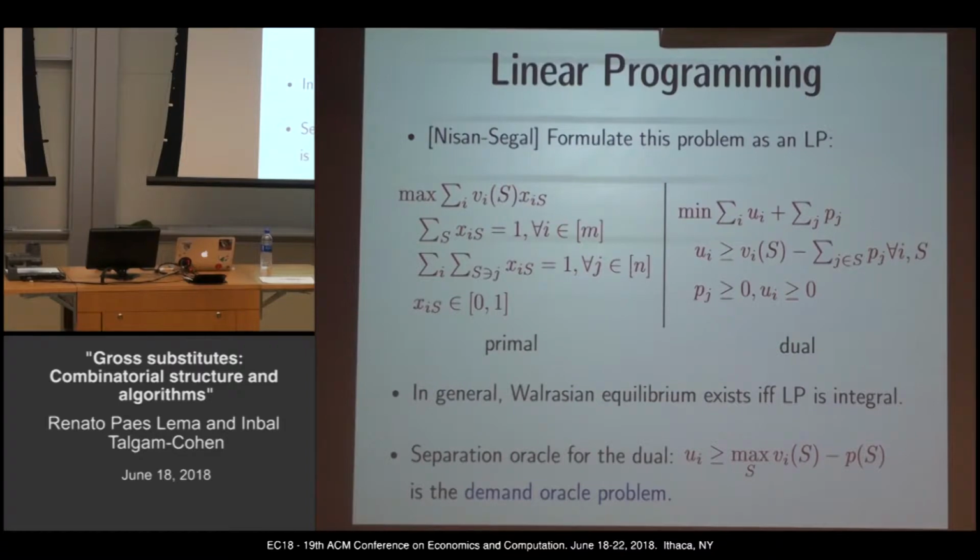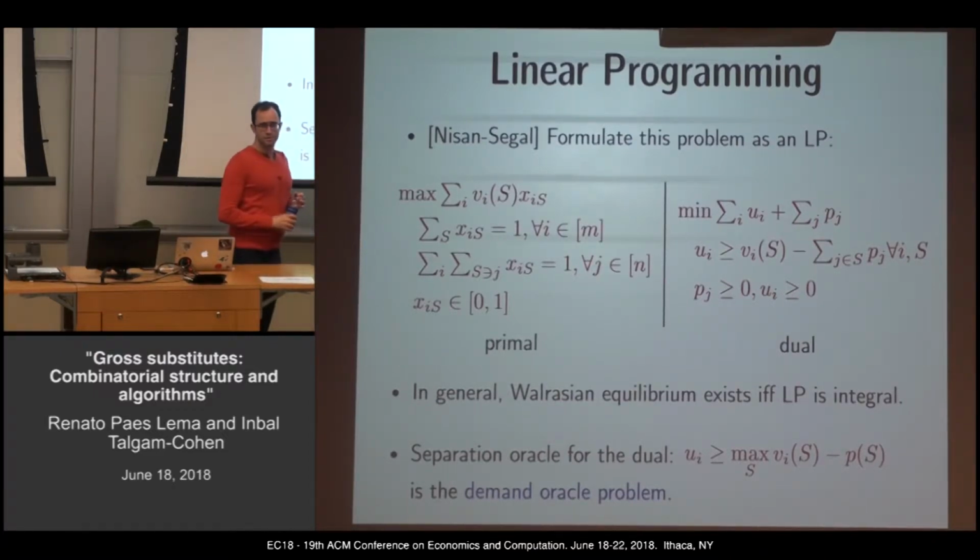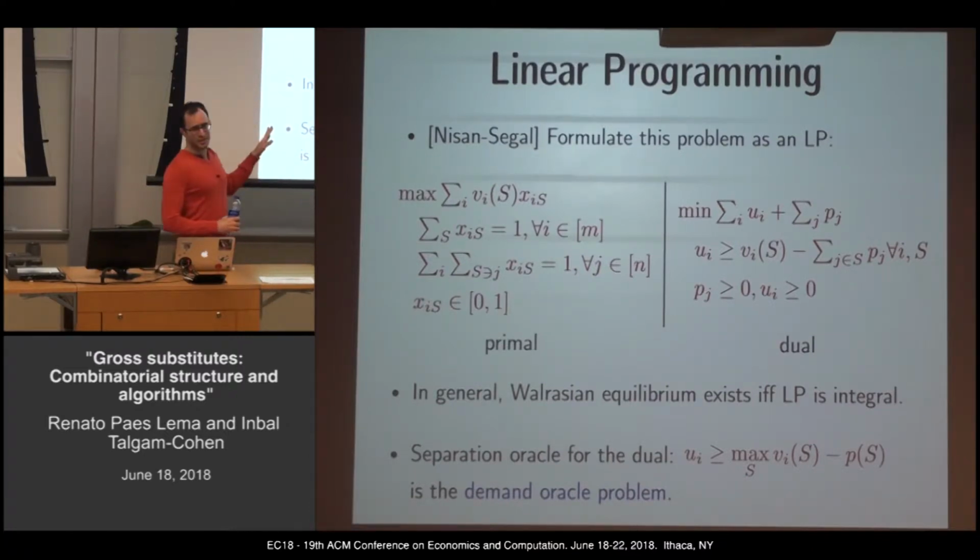So it's nice that you know how to solve this problem, because that's just running the grid algorithm. The grid algorithm is a separation oracle for the dual. You can solve the dual problem. At this point, you know how to find the value of the optimal welfare. You don't know what the allocation is that generates this value, but you at least can know the value, which is a nice thing.